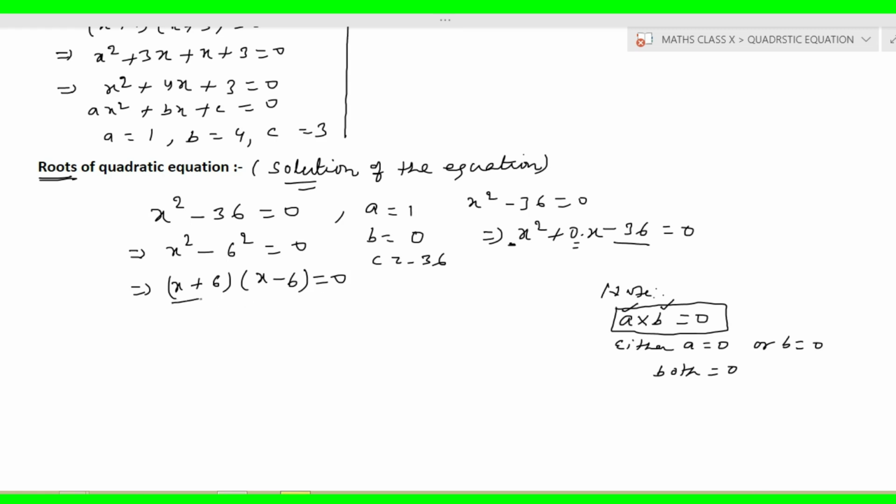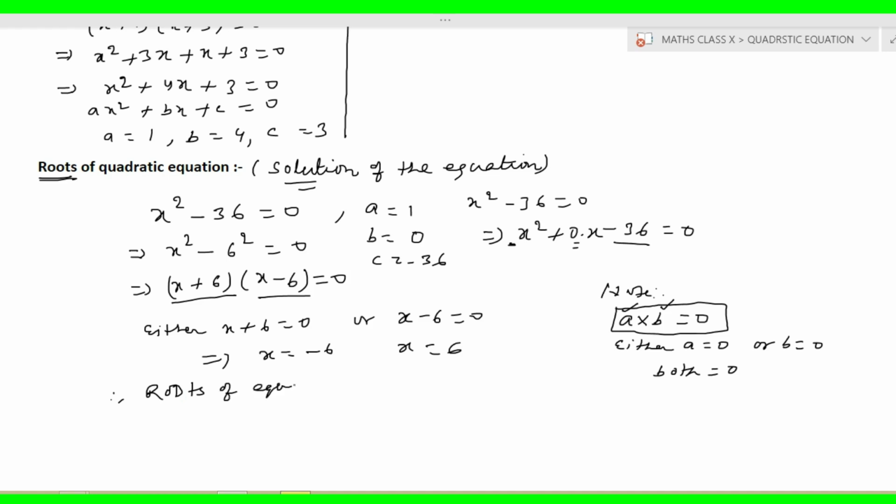So either x plus 6 equal to 0 or x minus 6 equal to 0. So here we will write either x plus 6 equal to 0 or x minus 6 equal to 0, and from here you will find x equal to minus 6, and from here you will find x equal to 6. Therefore, the roots of the equation is